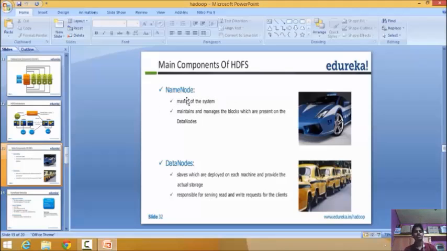Name node is called the master of the system. Why master of the system? Because it maintains and manages the blocks which are present on the data nodes. What is meant by maintaining and managing? The data which is present is stored in data nodes, and it is also replicated. It is a master system because it is the responsibility of this name node to distribute the data across different clusters, across different nodes, to store it and store the metadata of it,